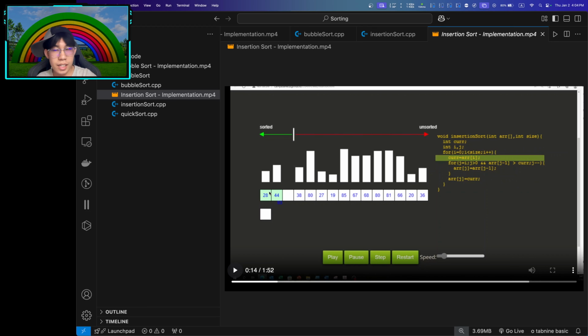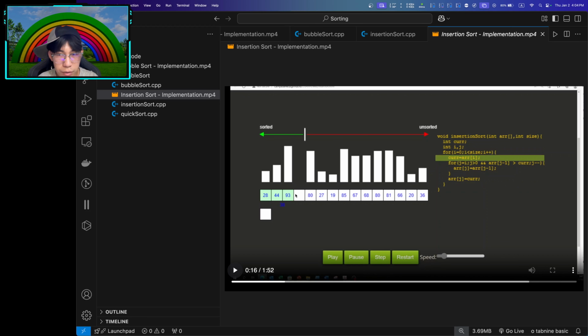Or it could do it from the right side depending on how you want to sort it, like in ascending order or descending order. It's just up to you, but the concept should be the same. It's gonna store a value inside the temp variable, or we can call it more like current variable or temp, it doesn't matter. But the point is that it's gonna store a value inside here, and then it's gonna compare it to